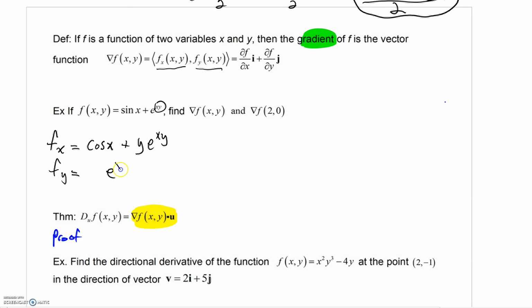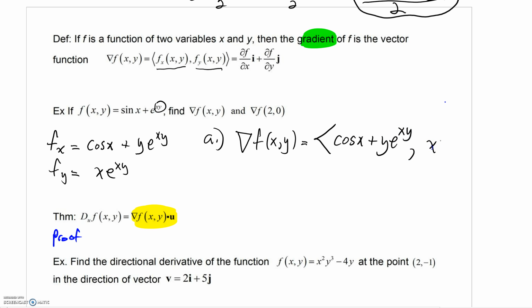And you'll have e to the xy, but this time when we take the derivative of xy with respect to y, out comes an x. So for part A, when they ask you to find the gradient of that function, it's going to be a vector. It's a vector function at that. The x component is cosine of x plus y e to the xy,